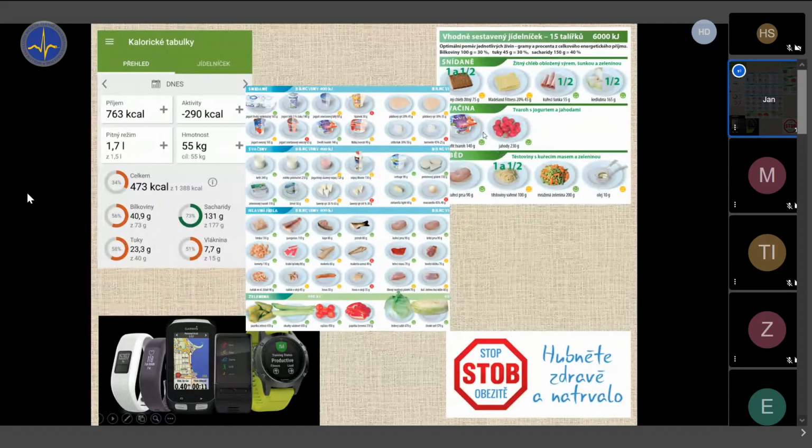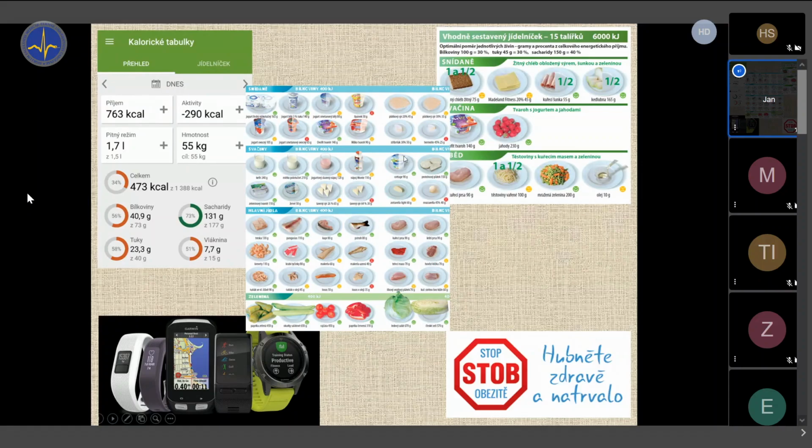For example, this plate system, very useful as well. It's a printed version. It's printed cards actually, and it works in a way that you inform the patient that he or she can eat 15 plates a day. Any plates. 15 plates makes you 6,000 kilojoules, which is 100 calories. This is a small booklet. It has about 15 pages with these pictures, and any plate. You pick up any plate, but if you pick up the plate with mozzarella, you have only a very little of mozzarella, right? But that counts as one plate. Or you can choose to have a plate full of paprikas or lettuce, etc.